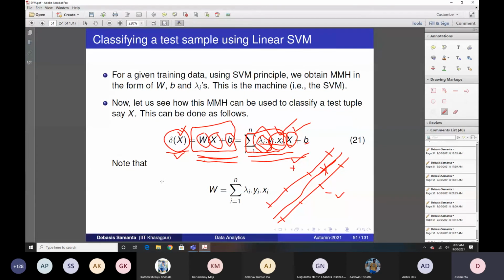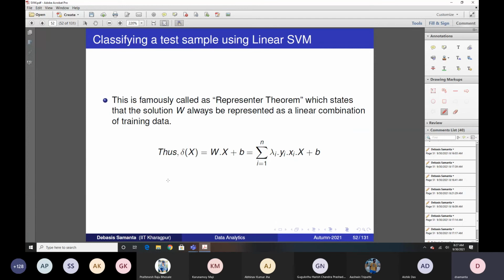But only the model building time is a little bit lengthy, because you have to solve the problem to get the values of unknown W and B using the Lagrangian multiplier method. But even then, among the many optimization problem solving methods like genetic algorithm, ant colony optimization or particle swarm optimization, it is the fastest. And a more important point is that the Lagrangian multiplier method does not get trapped in local optima. It is always guaranteed to give you the global optima. So these are the real benefits of the support vector machine. I hope you have understood the concept of linear SVM. So this is a linear SVM.